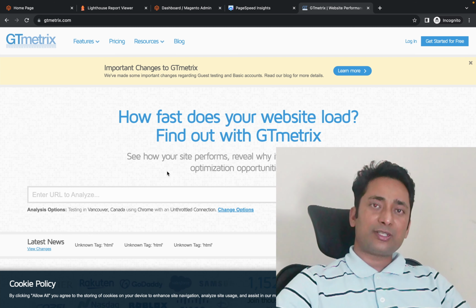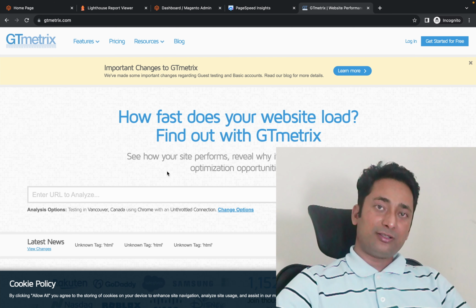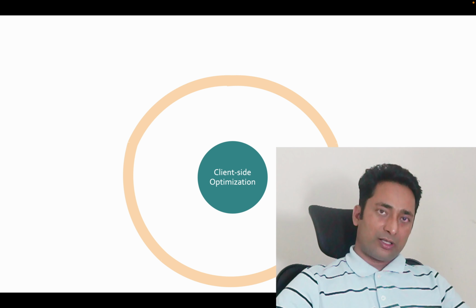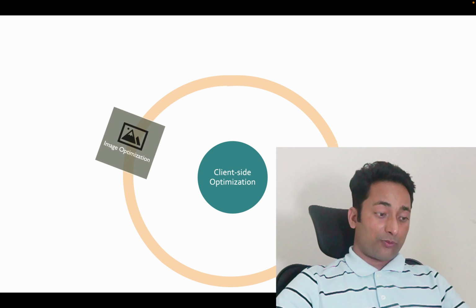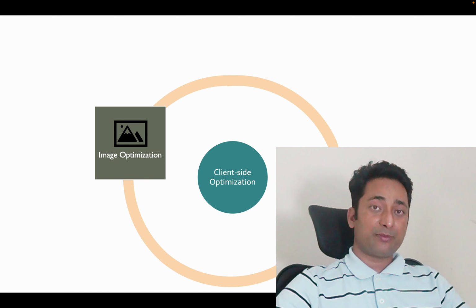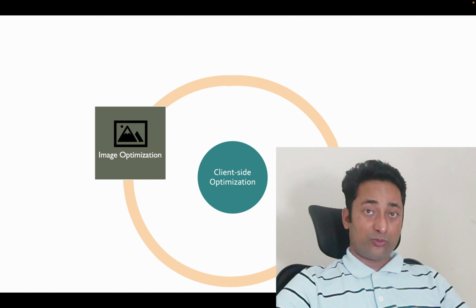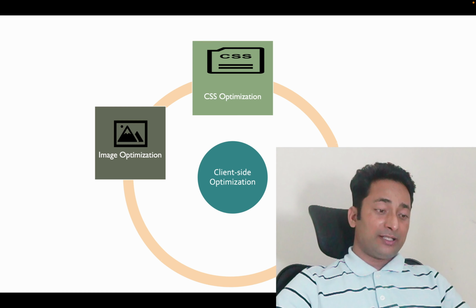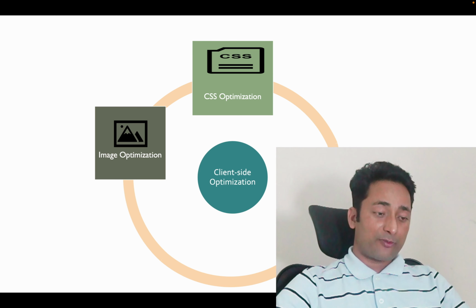So now let's start implementing these suggestions. Here are the main areas we are going to work on on the front-end side to improve. First we are going to work on the image optimization section. Usually e-commerce websites have a lot of images present on the website, so we are going to see how to improve the images. Then we will see how to improve CSS. We have a lot of CSS files present in our website, and we are going to look at techniques to improve the CSS of the website.